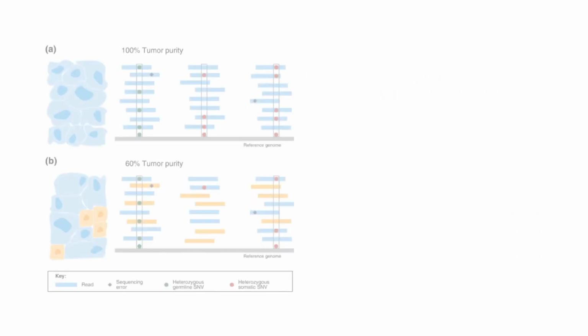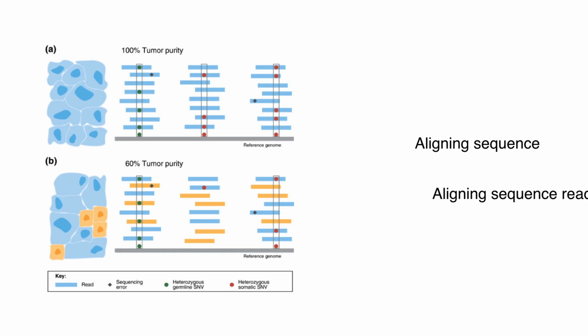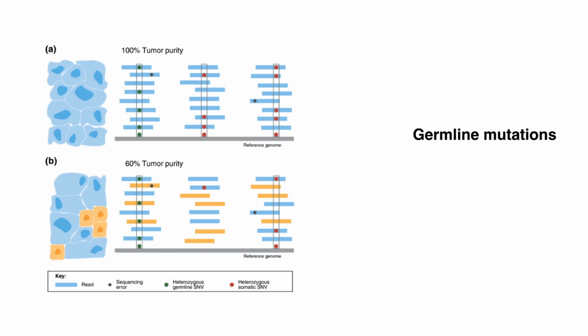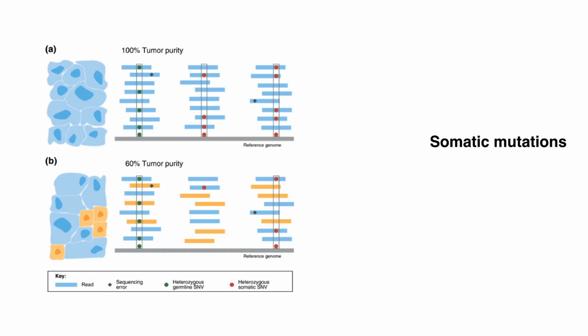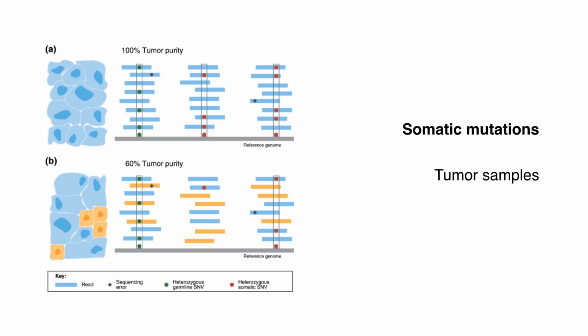Mutations are identified by aligning sequences or sequence reads to the reference genome. Germline mutations are inherited from generation to generation, while somatic mutations arise in tissues during an individual's lifetime. Some of these somatic mutations can lead to cancer. Somatic mutation is studied in tumor samples. For example,